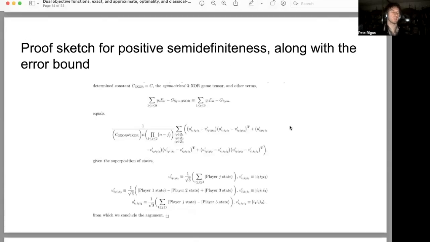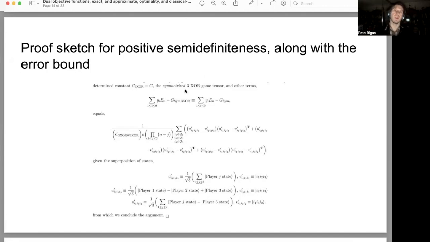And again, I thought it was really helpful to include this brief computation, because it's a proof sketch of sorts, like in the previous presentation in this series, where I drew the attention of the viewer to the fact that some computation proportional to a summation over contributions from each player, multiplied by the optimal value, is used to obtain some desired upper bound for the Frobenius norm, for which I had established several parallels in terms of the two upper bounds, like I had reiterated at the beginning of this presentation, from two inequalities resulting from the two-player FFL setting, and how this is just relating to positive semi-definiteness along with the error bound, namely given by